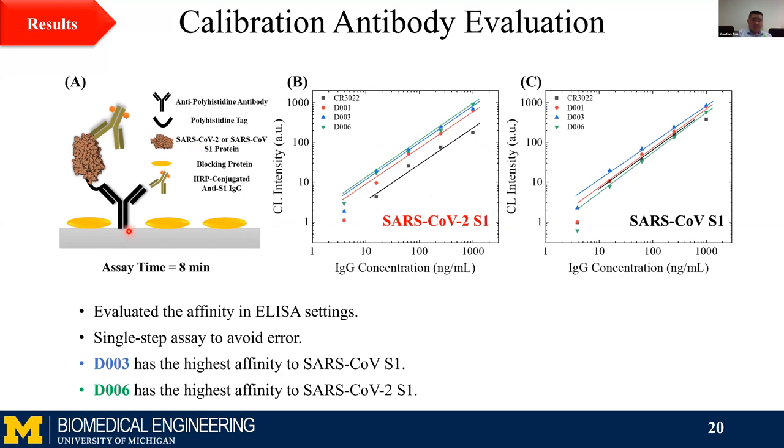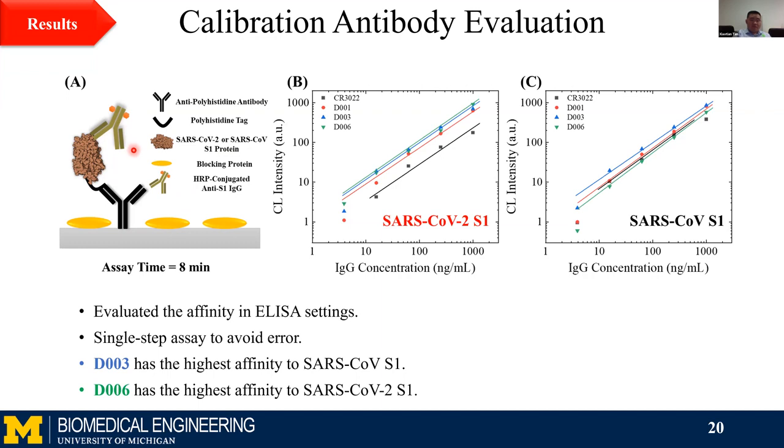In order to eliminate all sorts of errors, we first performed this assay with a single-step ELISA, which means we directly conjugated HRP, the reporter enzyme, onto the potential calibration antibodies. I also need to mention that in this application, we didn't directly immobilize recombinant S1 protein on our capillary. Instead, we use an anti-polyhistidine antibody as a capture antibody for this recombinant S1 protein. This is because we want to make the receptor binding domain available for all the